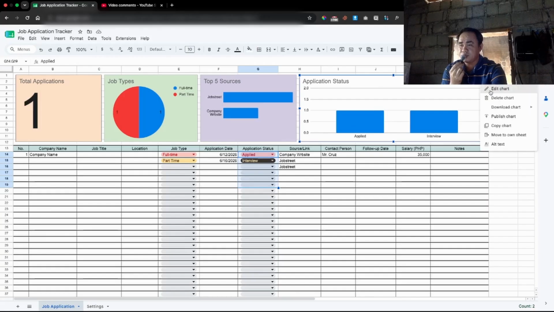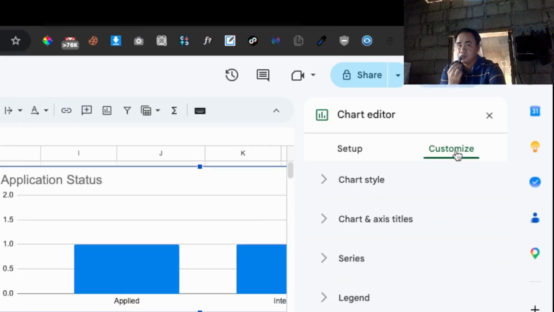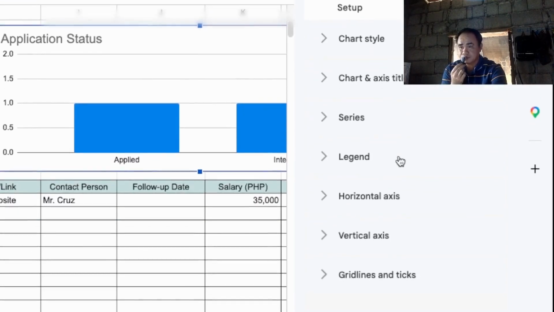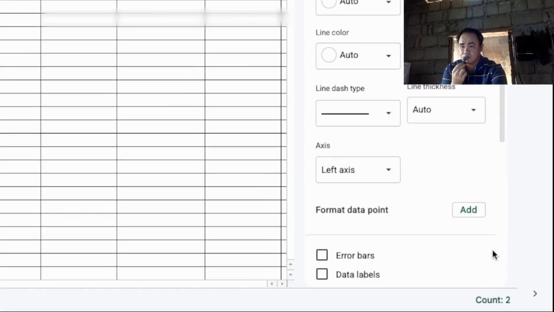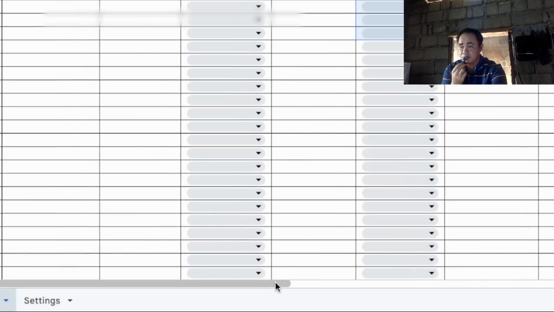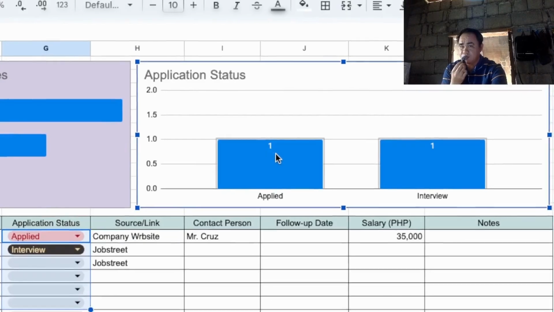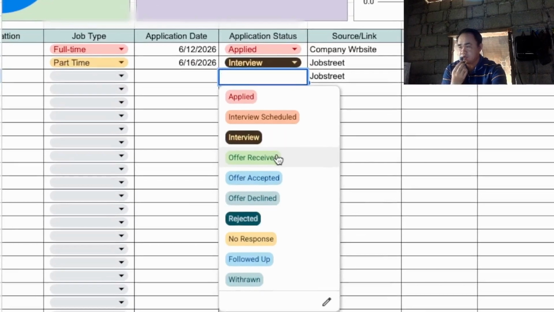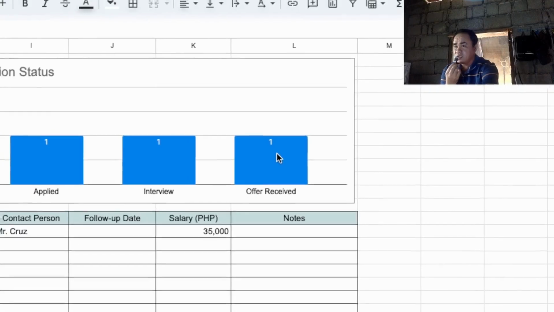Let's say, for example, you want to display the data points, or data labels. As you can see, guys, applied counts are shown. Let's select another job application status, say offer received, and it will automatically be added here.